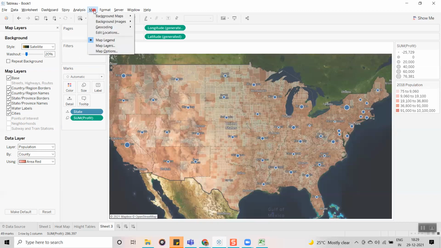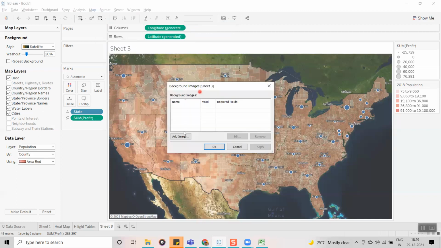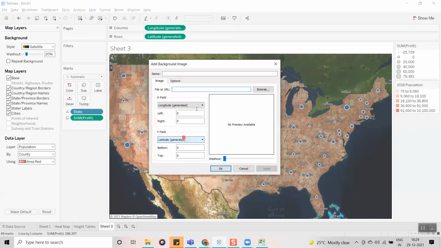So guys, in the map section, you can see background images and geocoding. Background images means you can import an image. For example, the order sample. If you want to add an image, just click on add image.